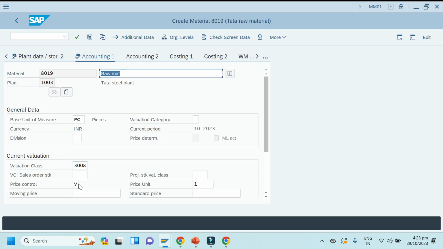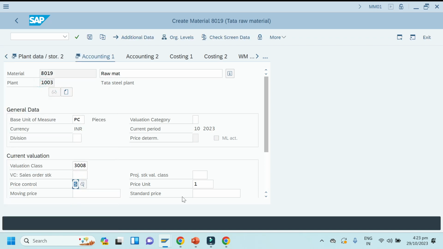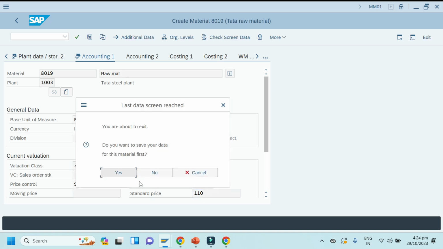Okay, here I want to change this price. Okay, I'll take a standard price now and keep a different price. It might be the same or different price. So let me take 100 rupee, 110 rupee. Okay, 110 rupee and save it.